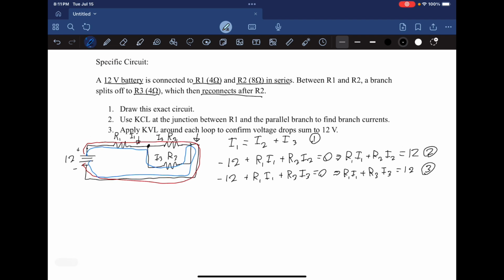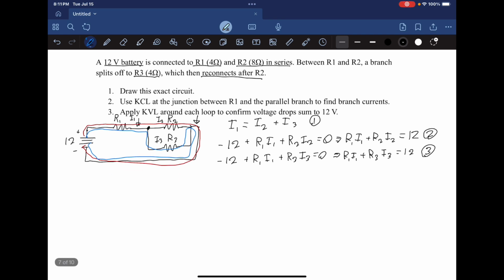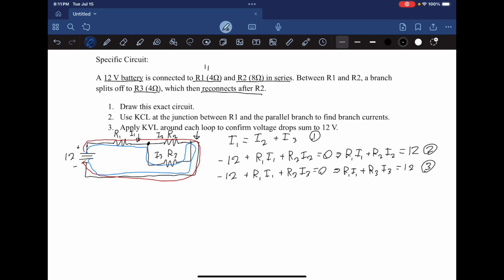So I'm first going to take equation 2 and plug in the values for R1 and R2. R1 is here, it is 4 ohms. R2 is 8 ohms. So we have 4 I1 plus 8 I2 equals 12. And then I'm going to do the same thing for equation 3. R3 is here, it's 4 ohms. So we have 4 I1 plus 4